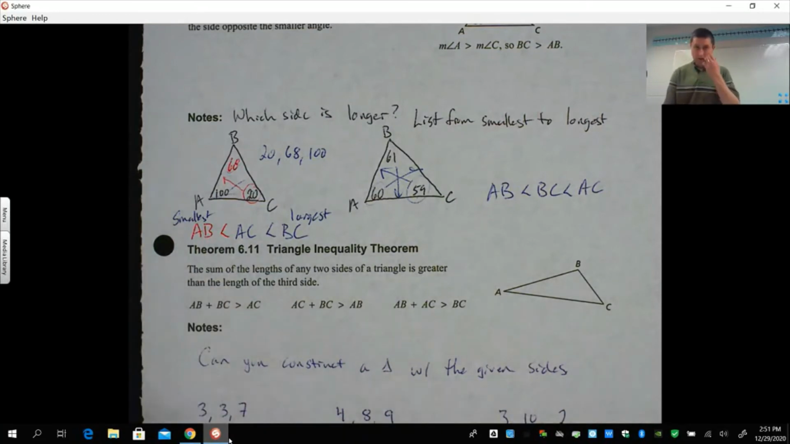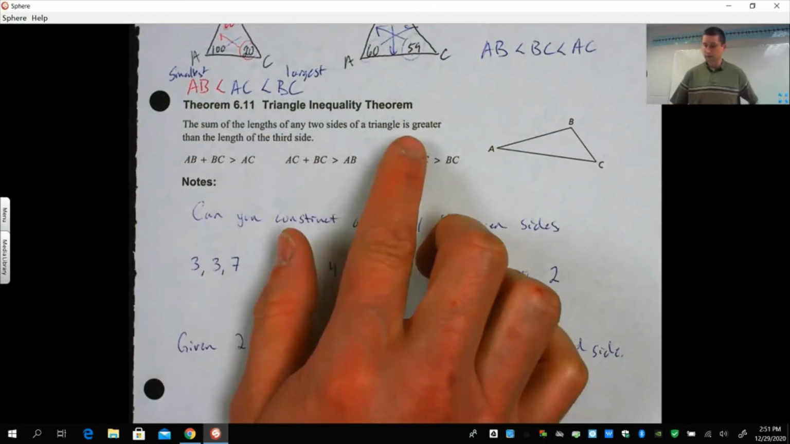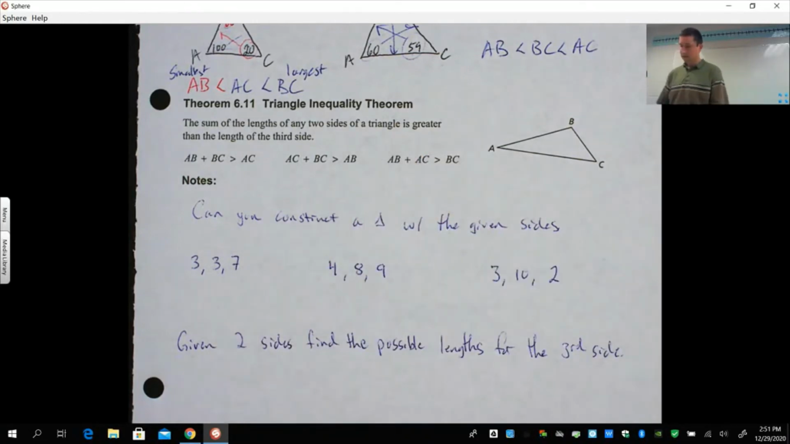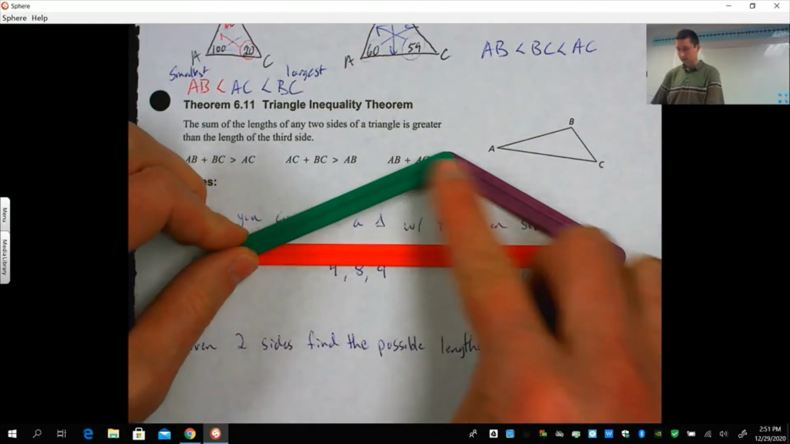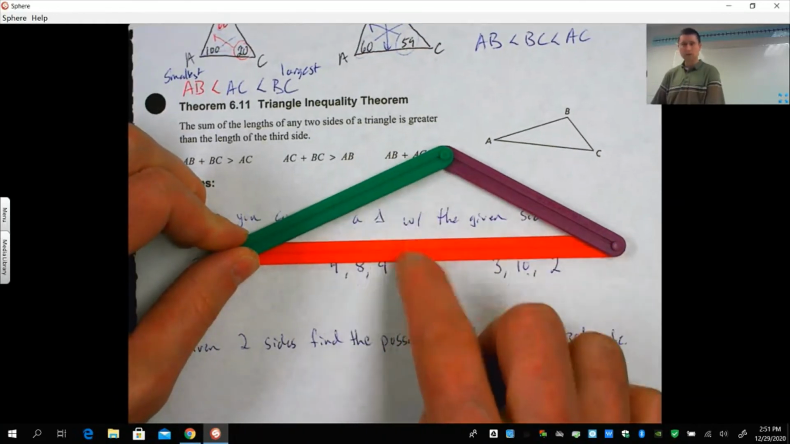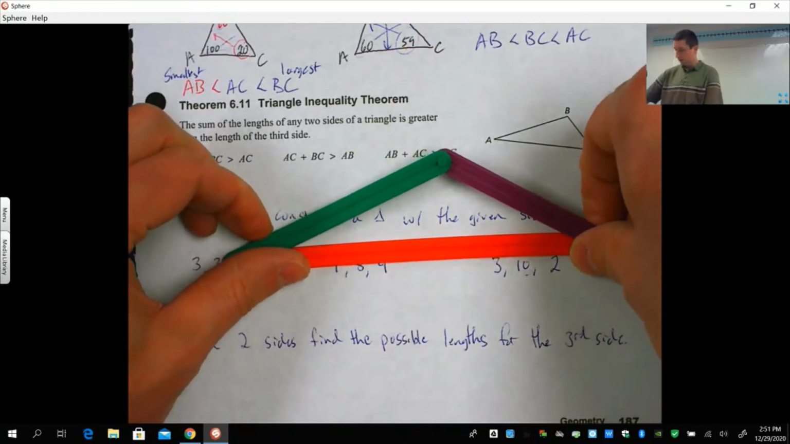Okay, the final one is the triangle inequality theorem. I have several examples here. It says the sum of the lengths of any two sides of a triangle is greater than the length of the third side. So what happens here? Look at this triangle here. It's saying these two, my green and my purple sides, these two sides added together have to be longer than the third side. Because if it's not longer,